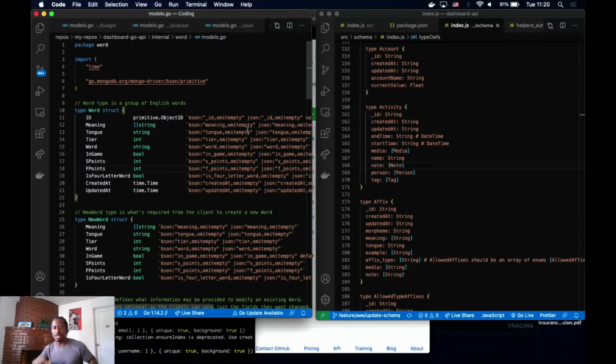We good? Let me plug in my computer. Battery died.